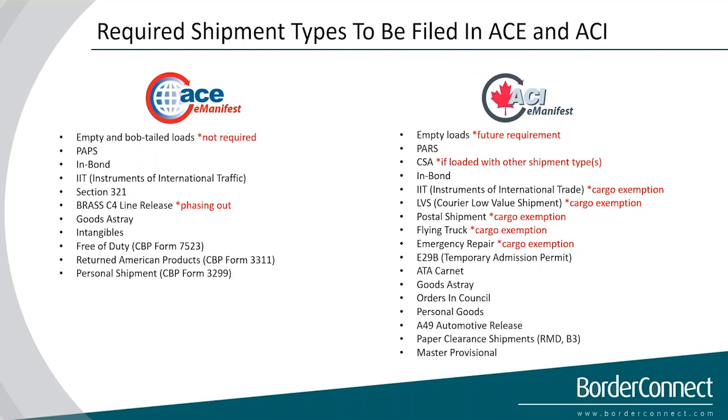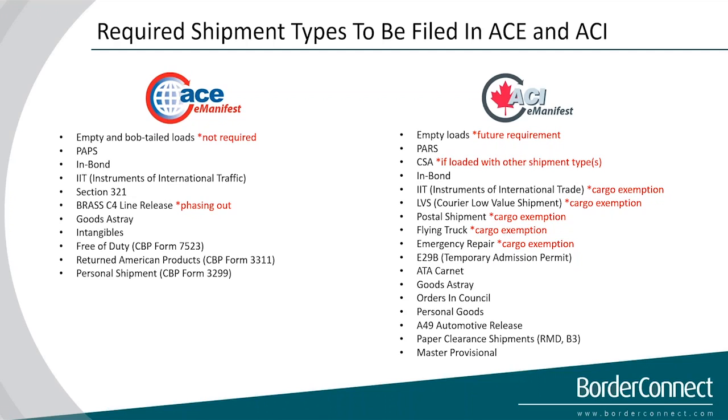Required shipment types to be filed in ACE and ACI, you can see the differences here. We'll start with ACE. Empty and bobtailed loads are not required. You do not need to do an AC manifest. For PAPs, you will need an AC manifest. In bonds, you'll need an AC manifest. For IITs, empty racks, bins, all those instruments of international traffic, you will need an ACE for that. You will also need an ACE for a Section 321, a BRASS C4 line release,